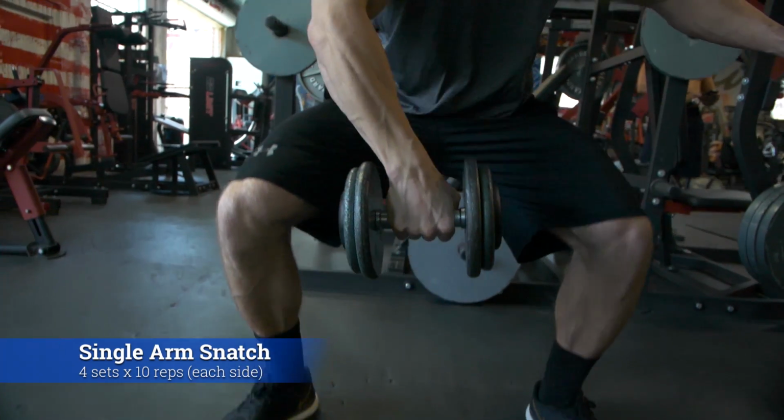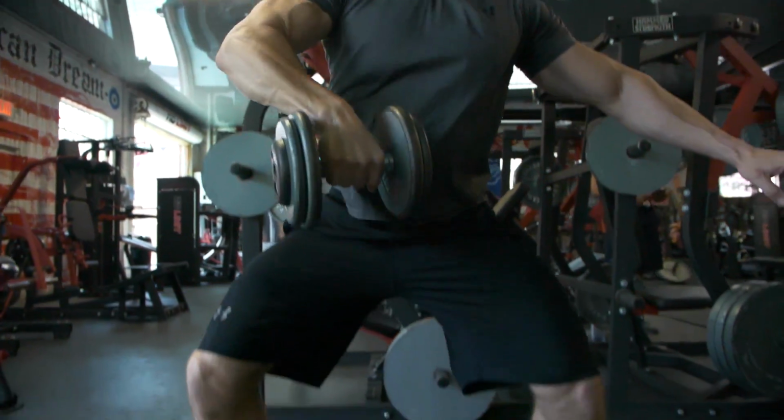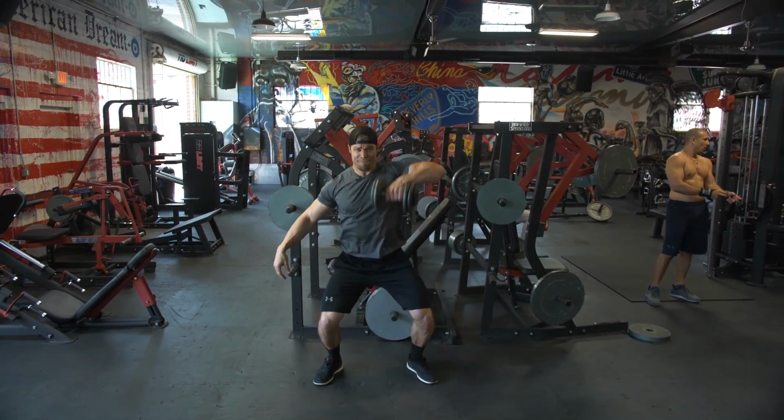Okay, next exercise, we're gonna be focusing on the shoulders, but there's gonna be a lot of leg drive involved too, because we're gonna be doing the dumbbell snatch. The dumbbell is starting from the floor, and you're in a squat position, and you're gonna be creating a lot of momentum with the legs, squatting up, but also pulling through the shoulder, almost like a high row there, and